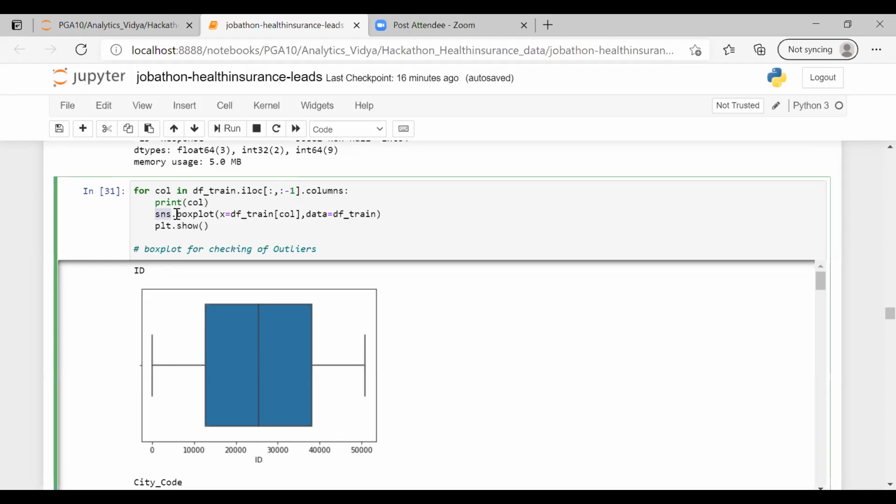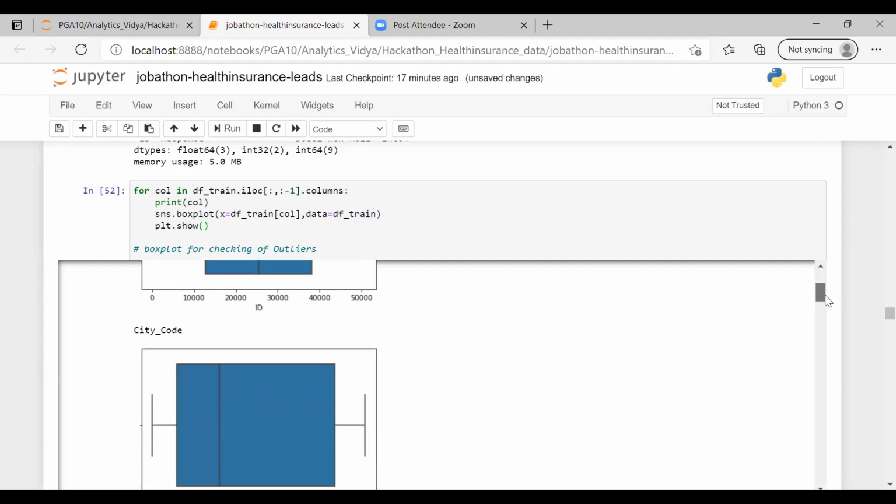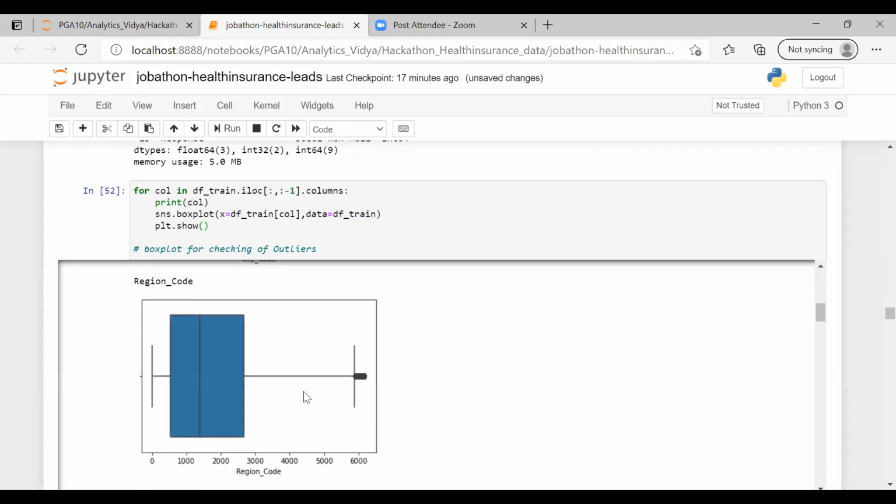Then I'm saying from Seaborn, do the box plot, and in the x variable, I want my df_train column. Let's suppose my first is coming, df_train ID column would be represented here, and data is the data that should be taken from the df_train data frame. Okay. So I'm saying plt.show. If I run this, what I'm getting: in ID, no outlier, city code, no. Yes, in region code, I have outliers. These are the outliers.